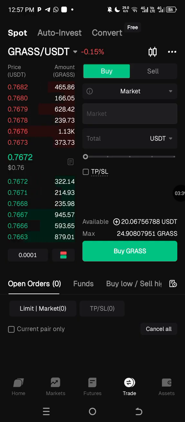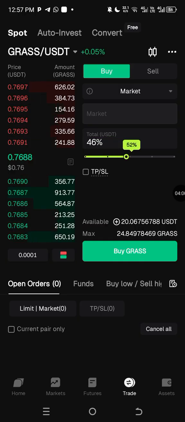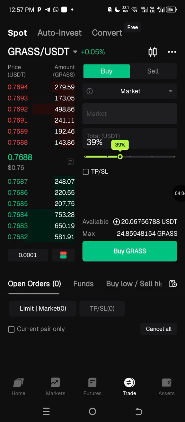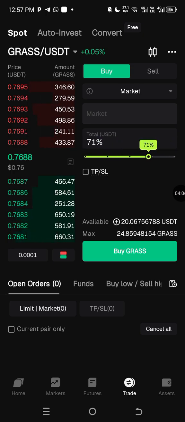When you talk about market price, it means you want to buy this asset at the current market price, meaning you don't want to set a limit or an order to be filled. An order is an instruction. So we're buying this at market price. All you have to do is move this scroll bar,